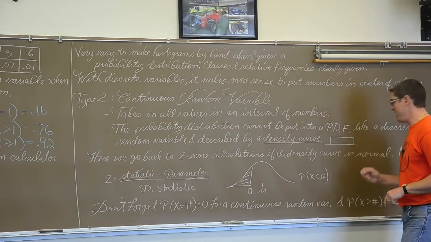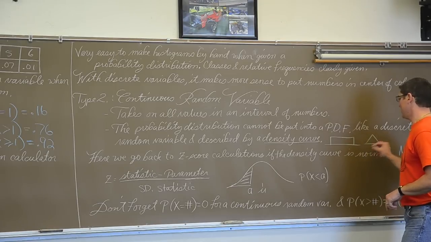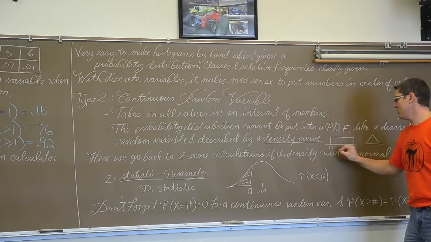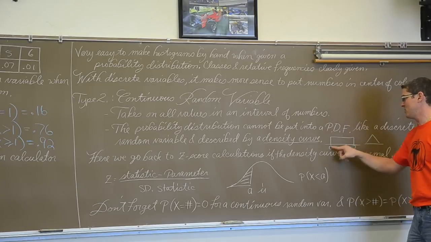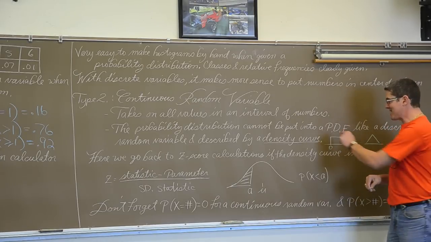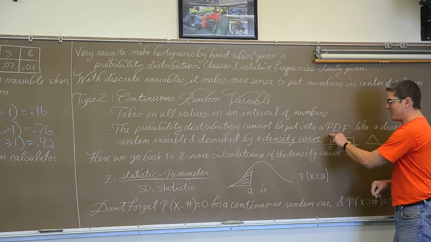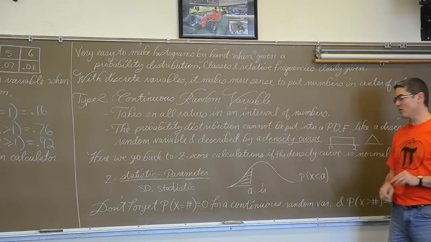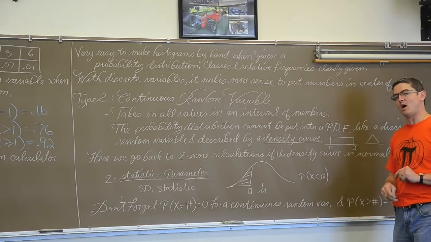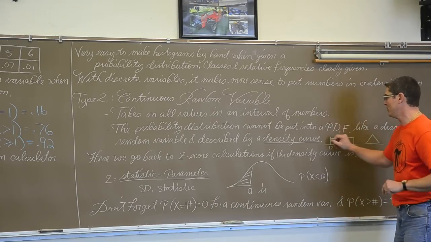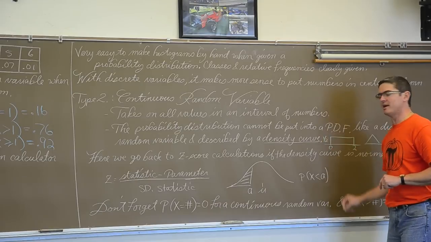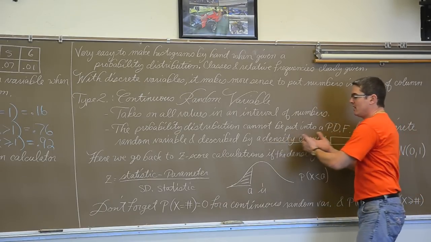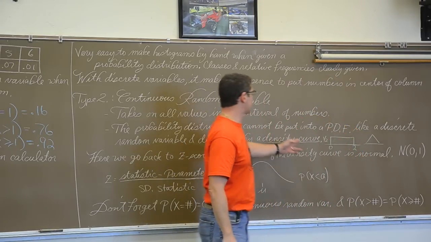It could be in the shape of a triangle. If it is the shape of a rectangle, then every value between, let's say, 0 and 2 as an example, would have exactly the same possibility of occurring because the graph is flat along the top. All you need for a density curve is that the area equals 1. So if you have a rectangle with a width of 2, its height is only going to be 1/2 because the area must be 1. That's really the only defining characteristic of a density curve.